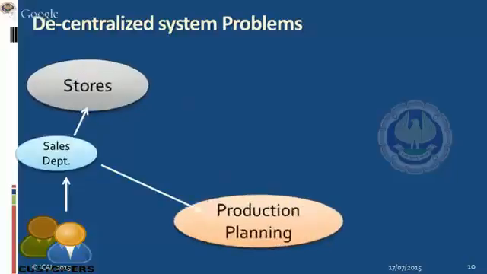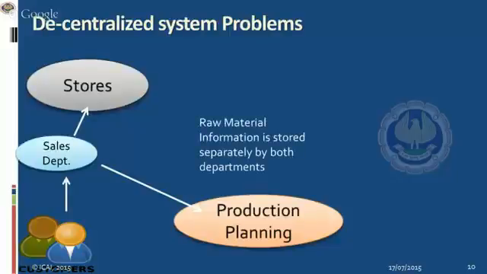Now what is the problem? The problem is that stores and production planning, these two departments are maintaining their own set of data separately. They are not interconnected with each other. They do not know what data is available in stores and what data is available in the production planning department. So it is possible that even if the raw material is available in stores, the production planning department may